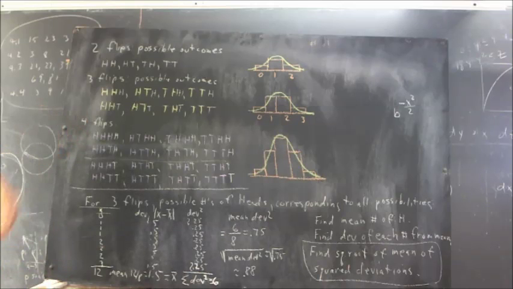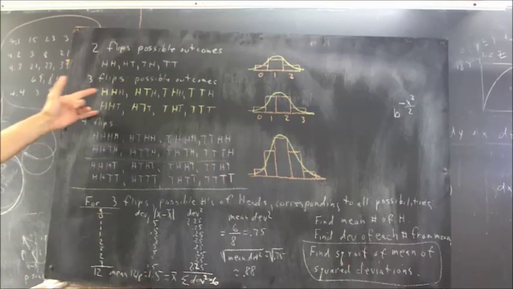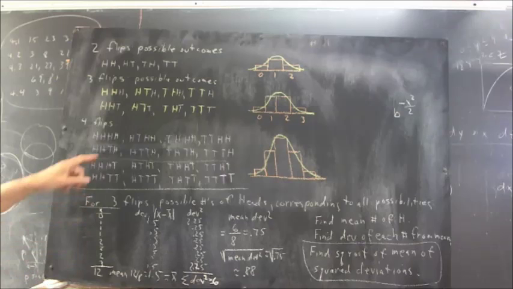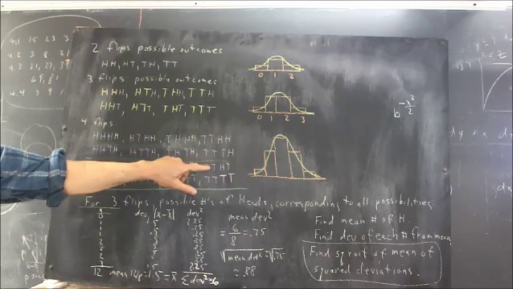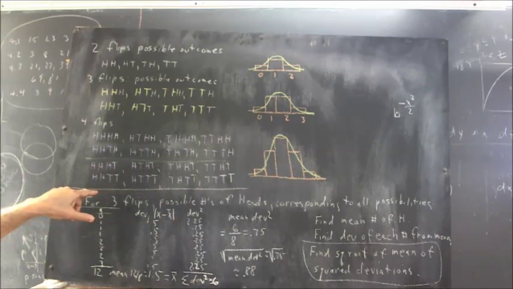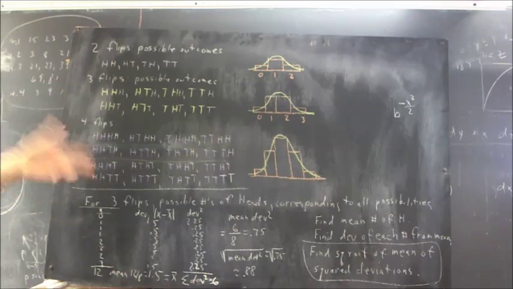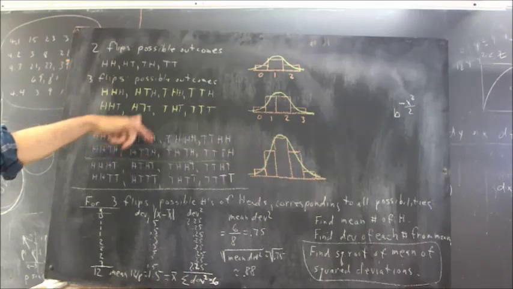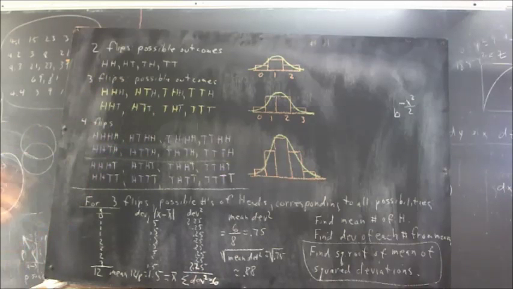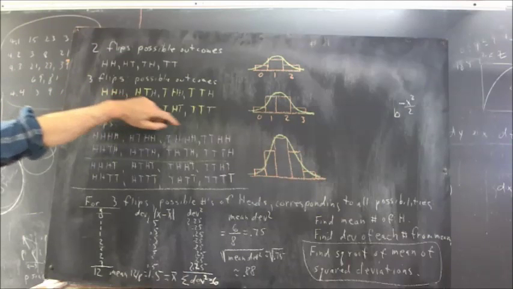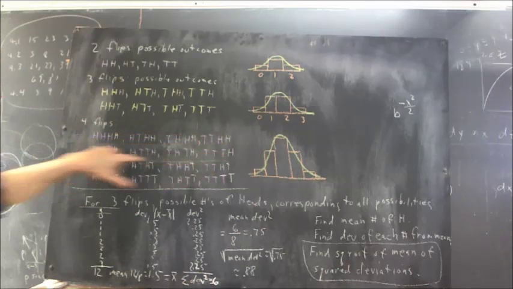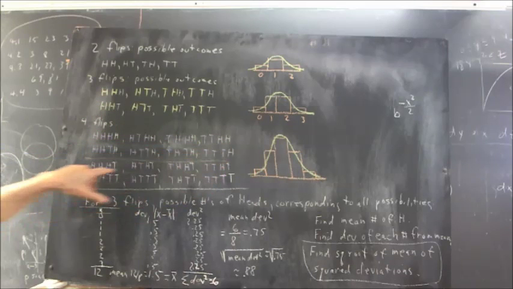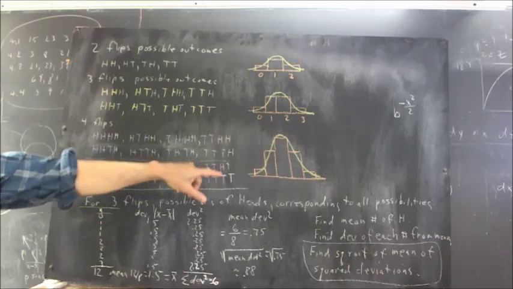Okay, so if we want to list 4 flips, what do we do? Well, we list all the ways 3 flips could come out. In purple, I've listed all the 8 ways 3 flips can come out, and then I listed it again. Now at that point, I hadn't listed anything else. The white symbol at the end wasn't there. But then I did the same thing I did previously, and I appended head to the end for all 8 listings here, and then for all 8 of these listings, I appended a tail at